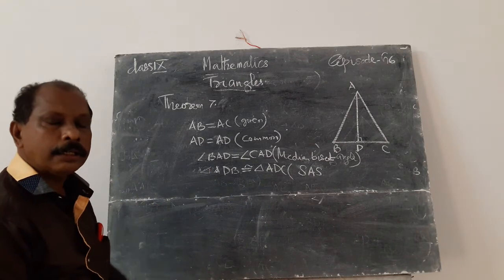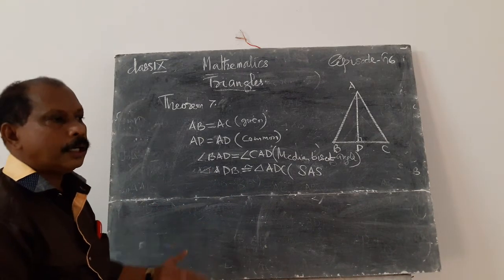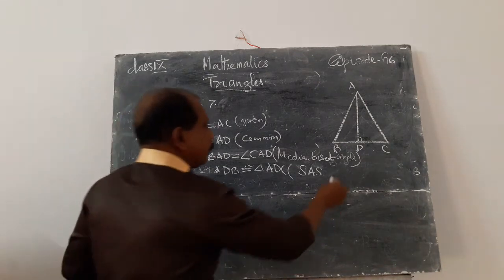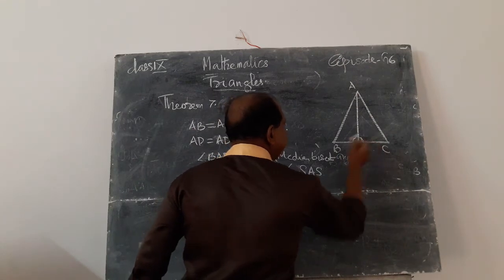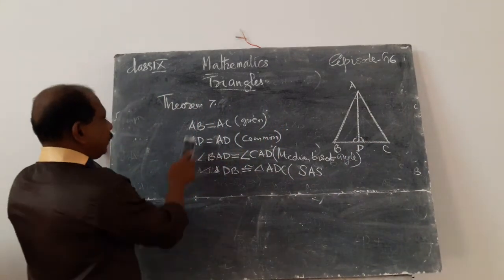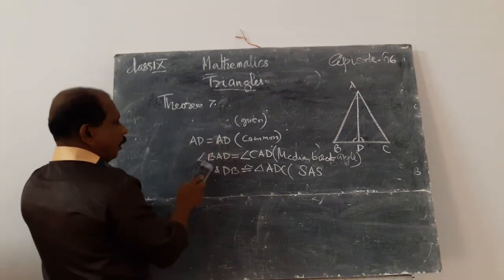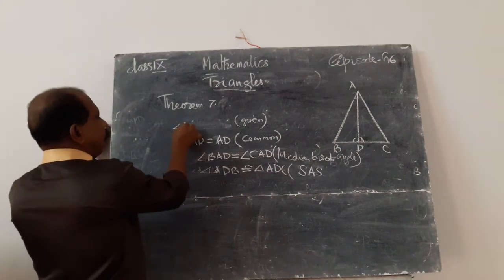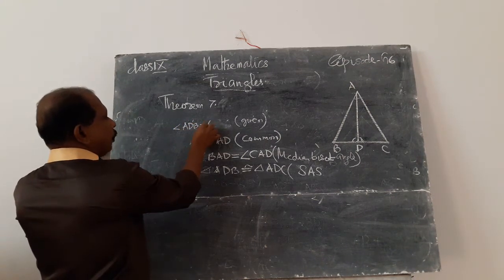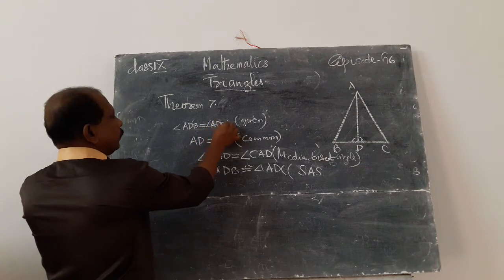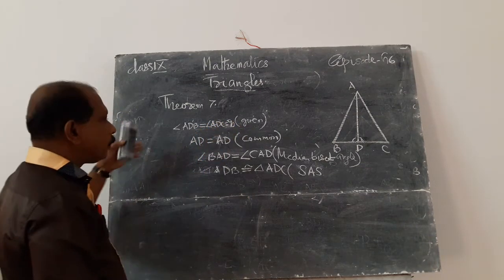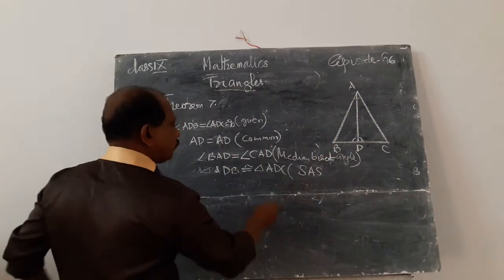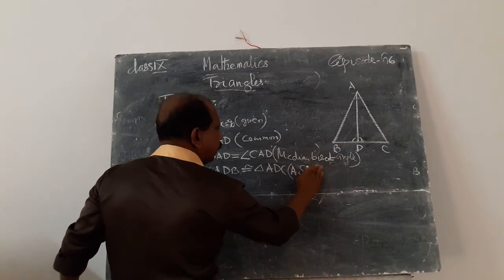That is the second method to find out the result. Therefore, angle B is equal to angle C. That is simplicity. There is another method. These two angles are equal. AD is equal to AD. Also, angle ADB is equal to angle ADC is equal to 90, that is given. Therefore, angle, side, angle. That is known as the ASA criteria.